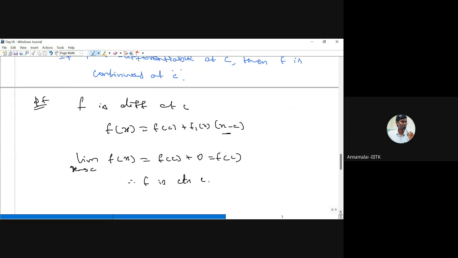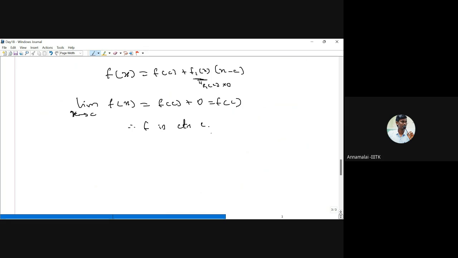Okay, because the limit as x goes to c, this value is 0. We don't know about this value, but f1 of c, because f1 is continuous, we get f1 of c. But as x goes to 0, this goes to 0. Therefore 0 into anything is 0. So every differentiable function is continuous, but continuous need not be